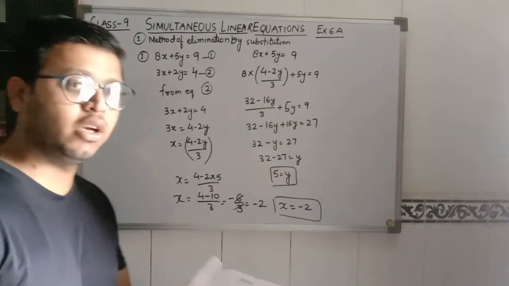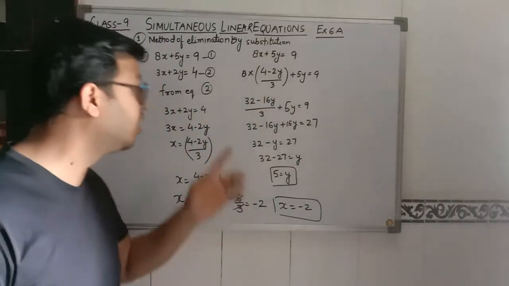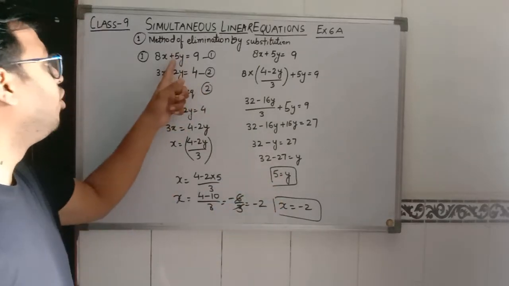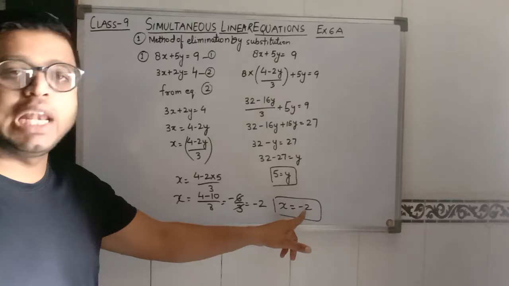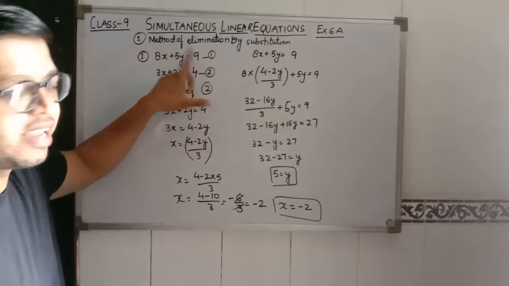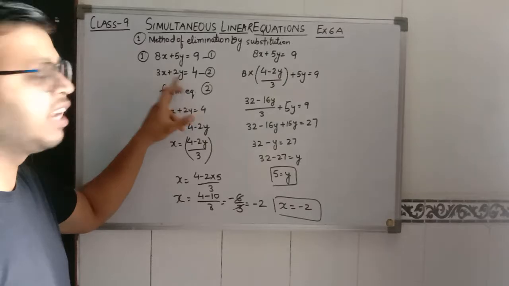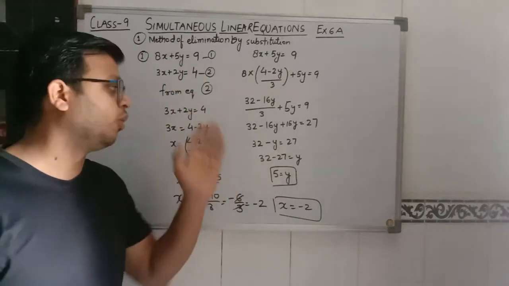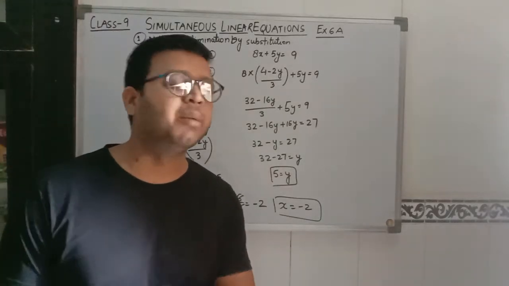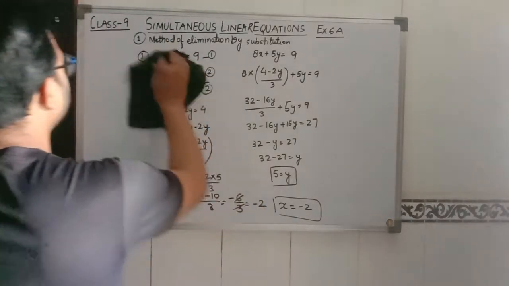Now if you want to check your answer, place these two values in both the equations or any one of the equations. The left hand side and right hand side will become equal. Y value is 5, so 5 fives are 25, and x value is minus 2, so 8 times minus 2 is minus 16. Minus 16 plus 25, the result is 9. Now 3x, so 3 into minus 2, it will become minus 6. 5 into 2 is 10, and 10 minus 6 results as 4. So it means our answer is exactly correct. In these questions you can check your answer immediately, so there will be no possibility of a wrong answer. So this is question number 1.